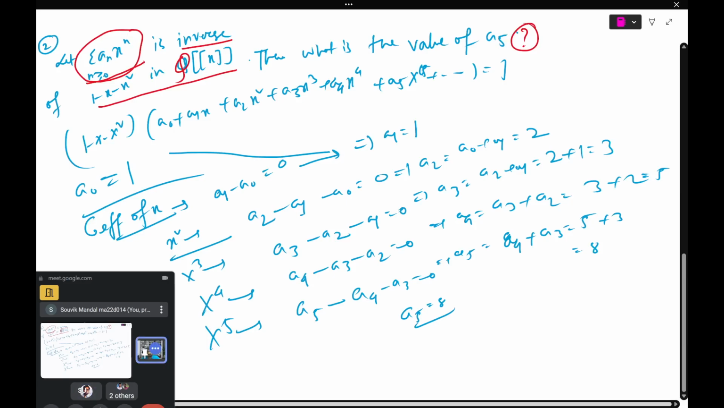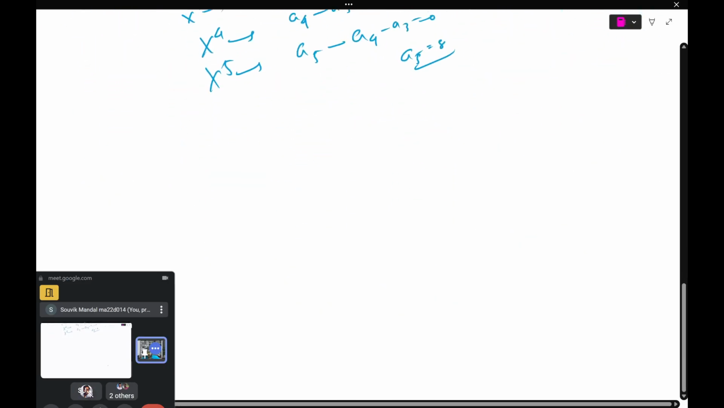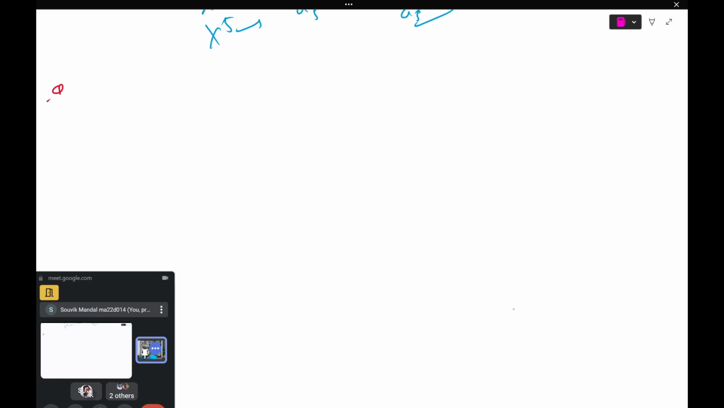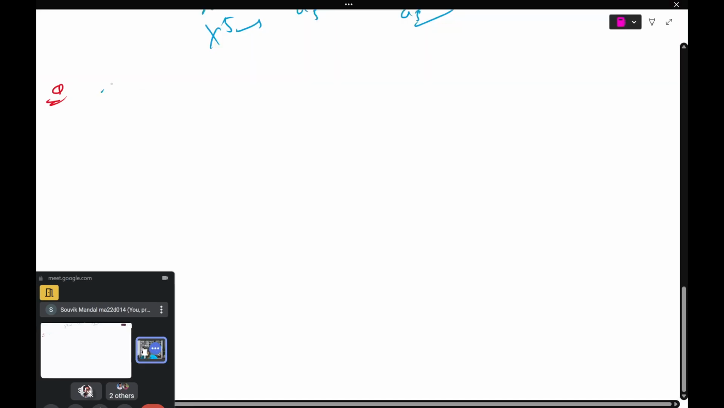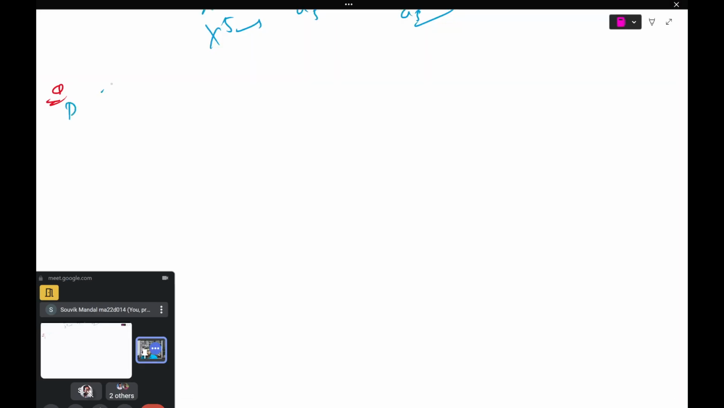But at least by hand we should solve it afterwards. It's okay. Okay, so the next problem: does there exist a surjective